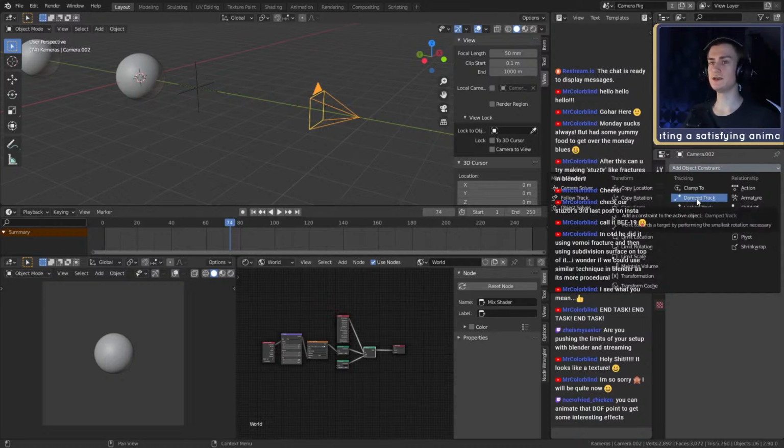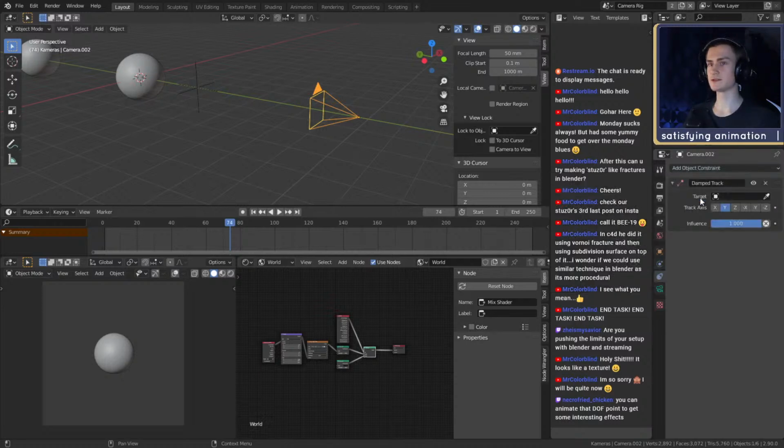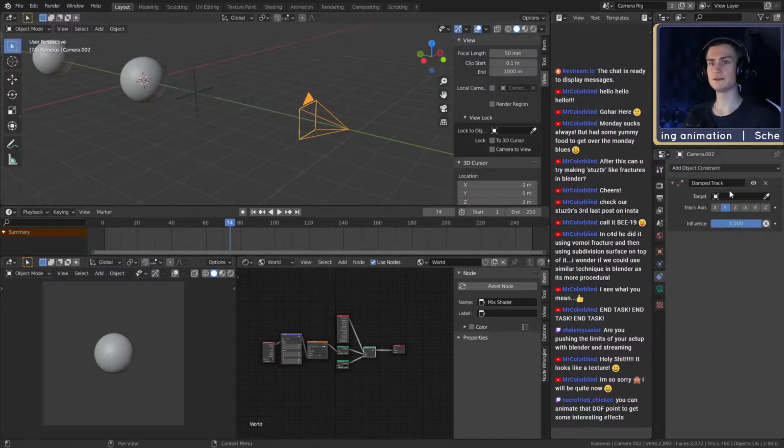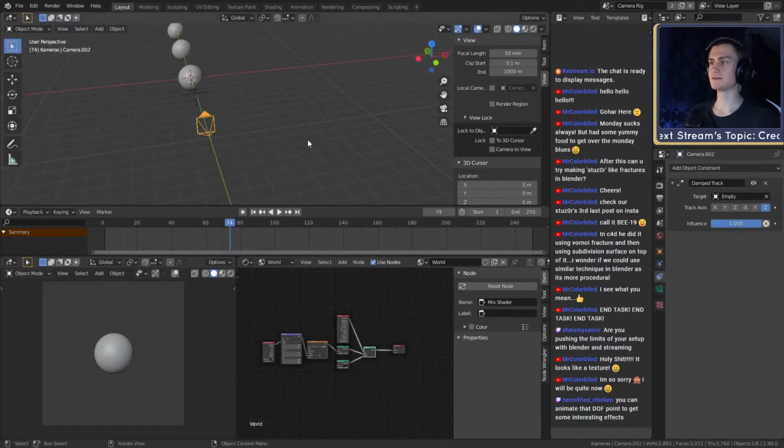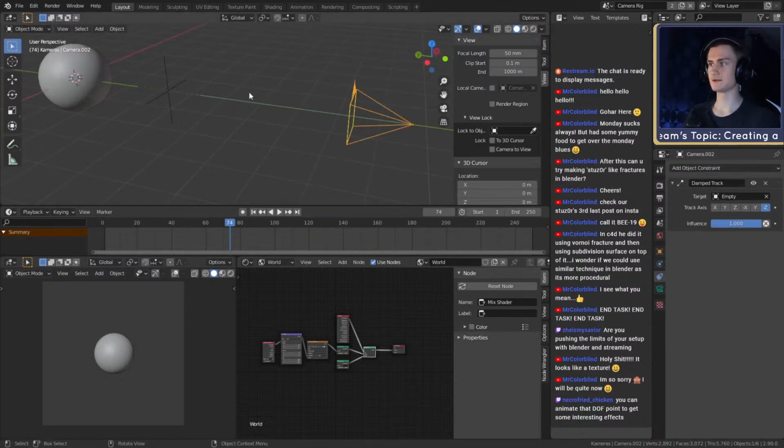What I usually use is the damped track constraint, and then we can use this pipette, click on there, and then you can just select the empty in your viewport. You can also select it from this list of all the objects in your scene, and then you have to switch the track axis from Y to negative Z. Now, as you can see, it looks forward again.